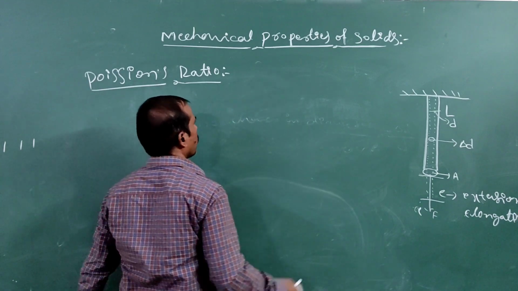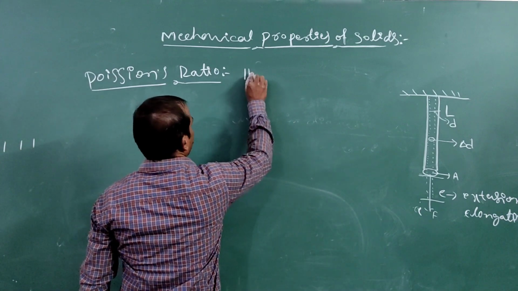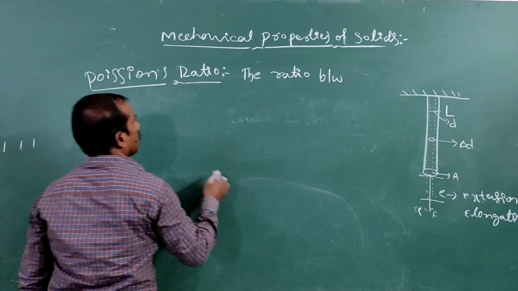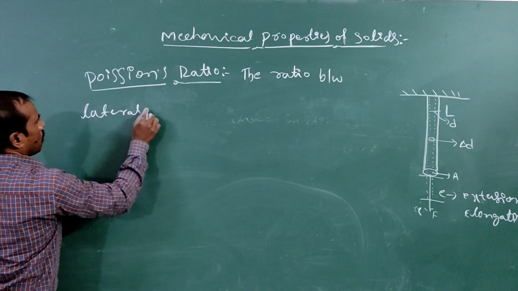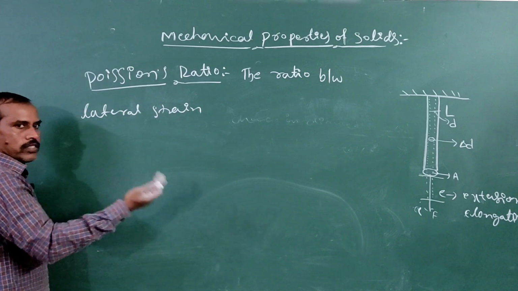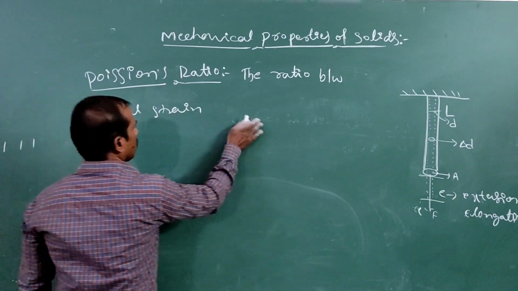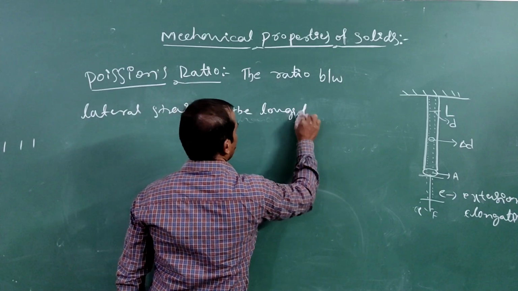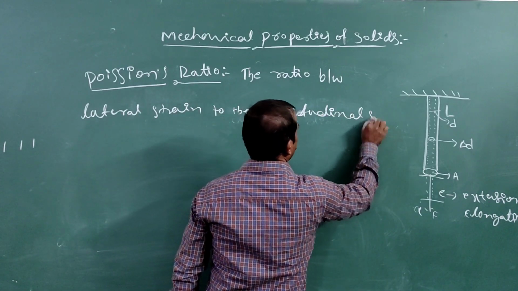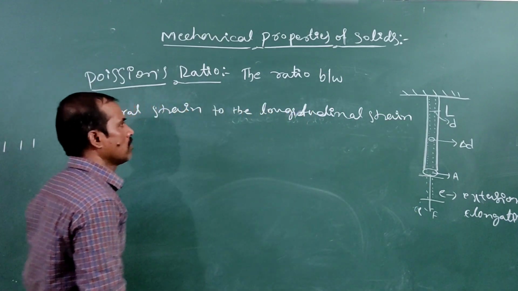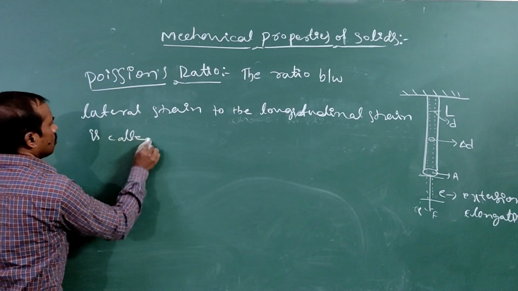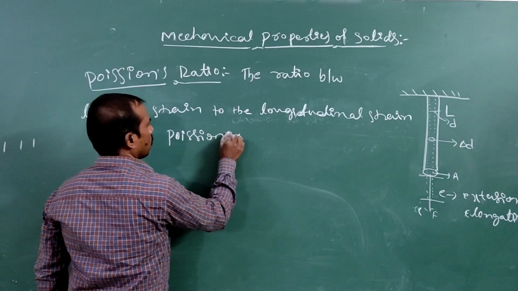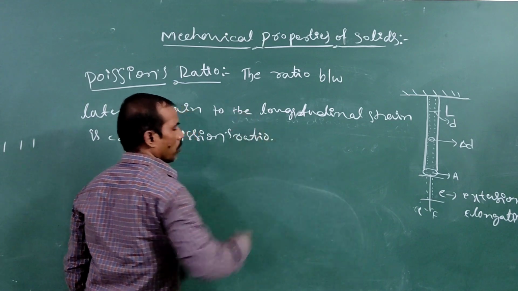Now statement direct రాస్తున్నాము. Poisson ratio: the ratio between lateral strain to longitudinal strain is called Poisson's ratio. Okay, Poisson ratio, that is here